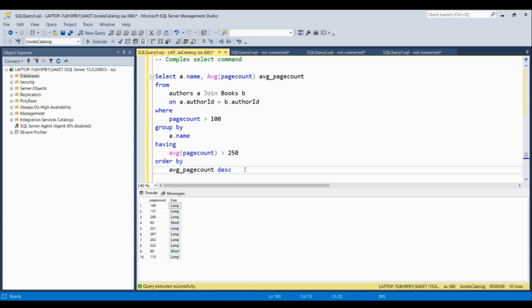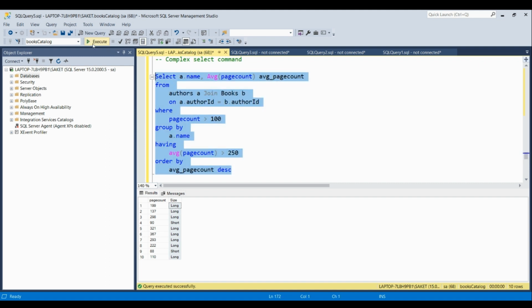Okay, so right now first I will run this command, and try to understand here, the page count should be more than 100. So you can see the page count is more than 100, the average page count is more than 250, and the average page count is in descending order also.